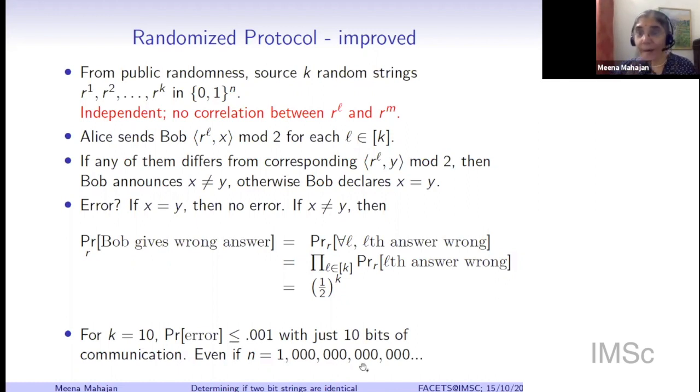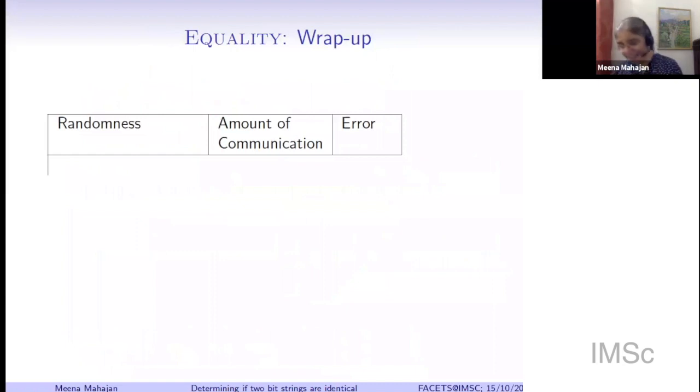This does not depend on n at all. This is very, very important. It doesn't matter how large these files are that you are comparing. I can get away with an error of 0.1% by communicating 10 bits. I can get away with an error of 25% by communicating 2 bits, half square. So this is the interesting thing that I wanted to mention. The correct answer depends on your model, on what you are willing to take away.